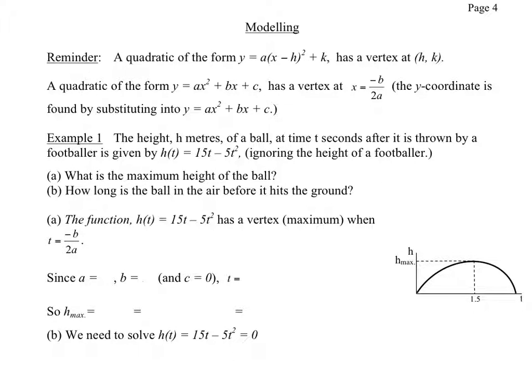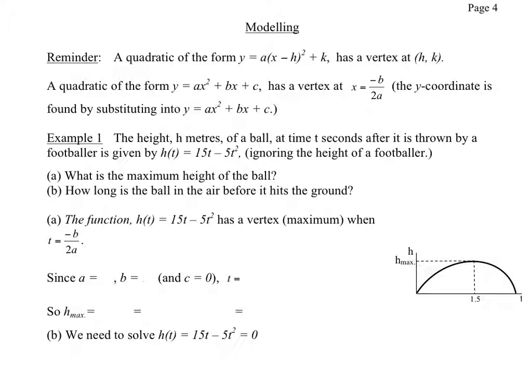In this video, we're going to look at how we can use quadratic functions to model real-life situations. One common use for quadratic functions is to model the flight of a flying object, anything that goes through the air. And at least in theory, it should always be a quadratic. When you throw something in the air, its height should follow a quadratic function if we ignore things like air